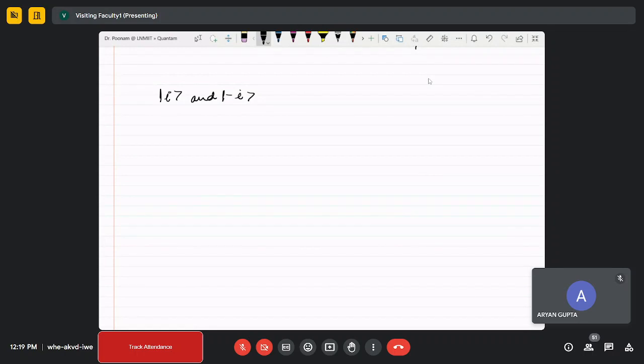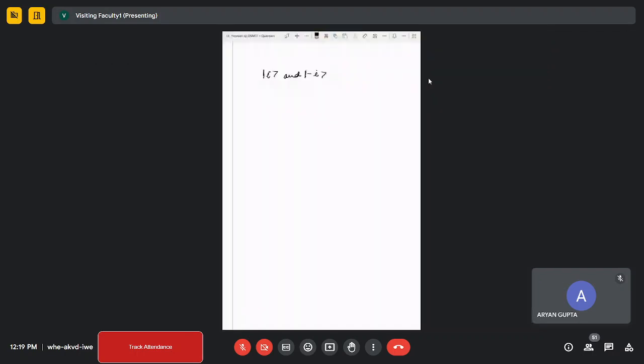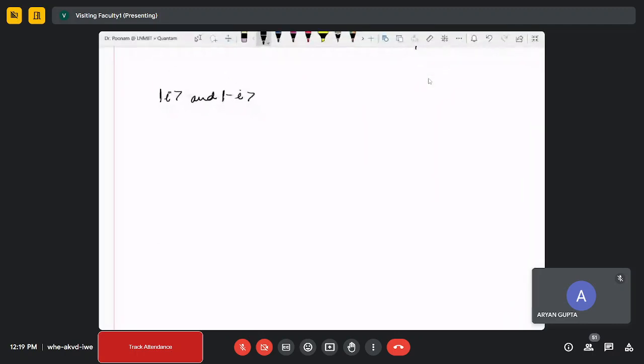And how can we represent these y-axis bases? Yesterday we discussed that you can represent them as